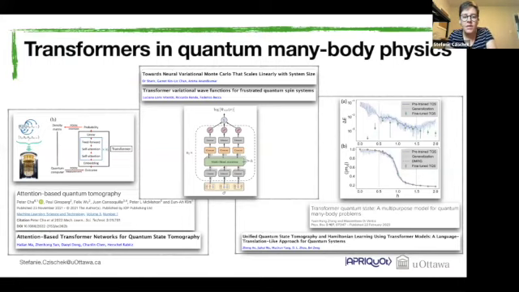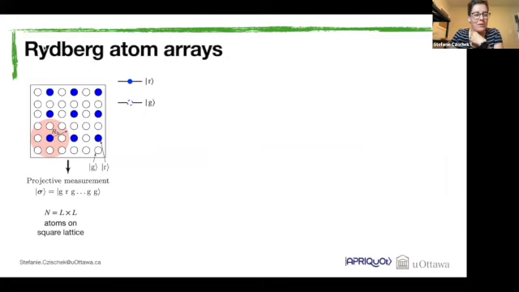Oh no, okay, sorry. So let me quickly introduce a bit more what kind of qubit systems we are looking at. Generally, all these people look at different qubit systems. There are different ways how you can realize qubits. I personally focus today on one specific kind of qubit system, which is Rydberg atom arrays. So this is just one way to experimentally realize a system of qubits.